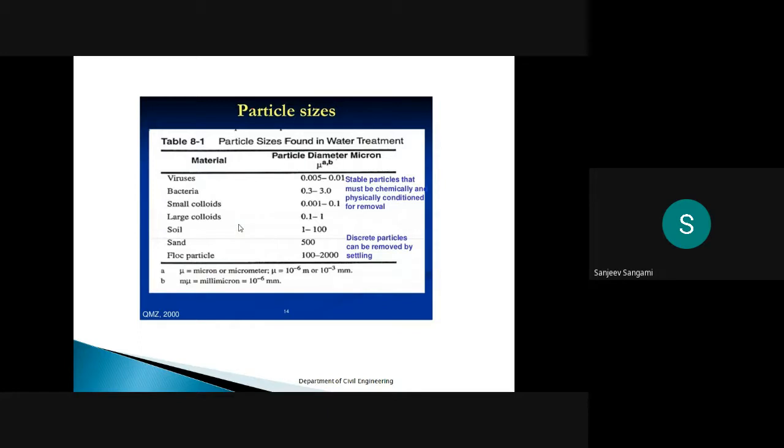The first one is density, which we can call mass density. Secondly, weight density. The mass density unit is kg per meter cube, and the weight density is given in Newton per meter cube. The third is the specific volume, and the fourth is related to specific gravity, viscosity and surface tension. All these six properties are very much essential for the sedimentation process.